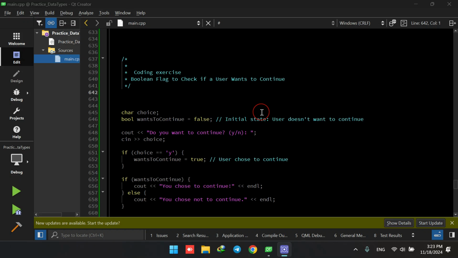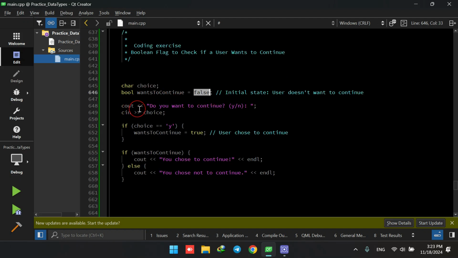Here, we are going to do that using a Boolean flag. So we initialize a character called choice and a Boolean flag named wants to continue, and we initialize it to false. As I mentioned, by default we set it to false. If it's true, we then set true to it. So we show the message to the user, do you want to continue? Yes or no? The choice is stored using the cin function, and it's a character, so it can only get